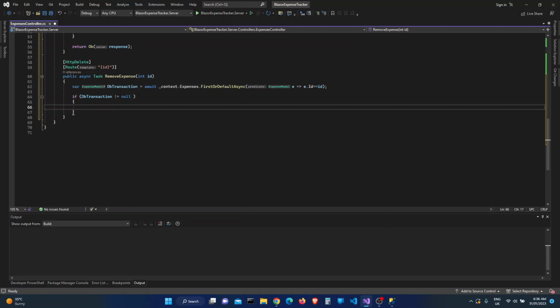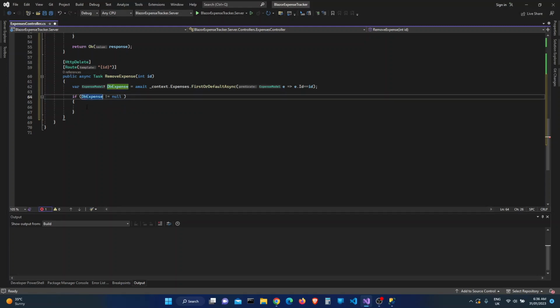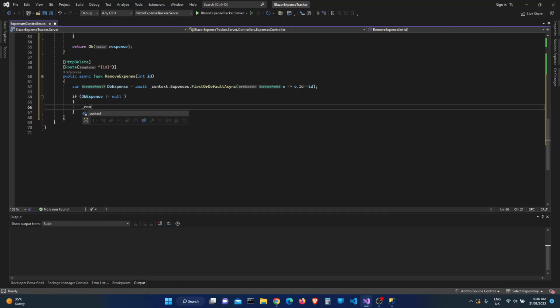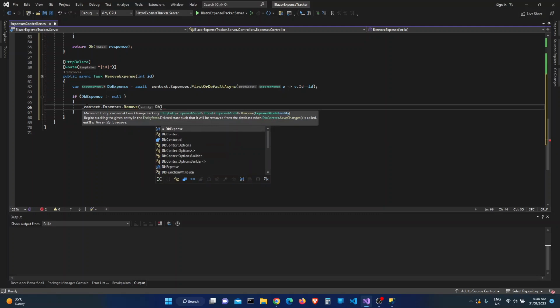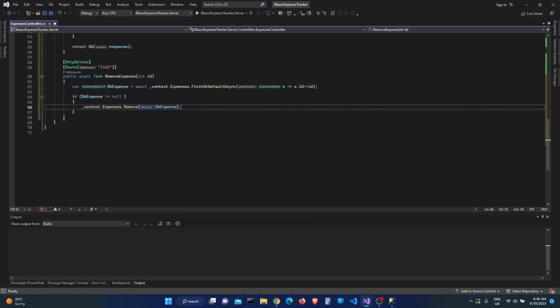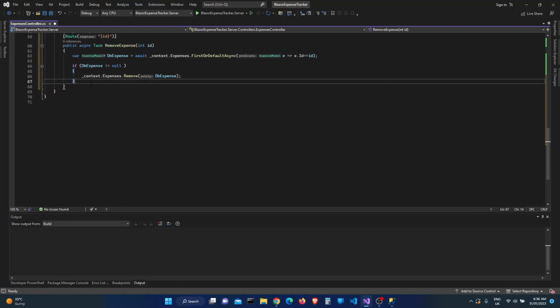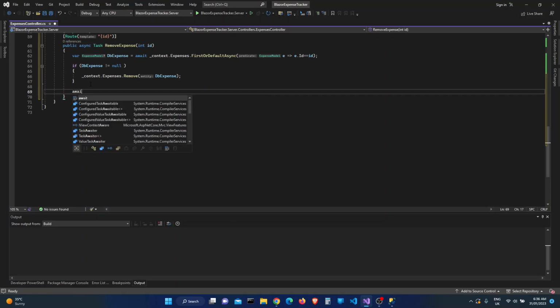okay, instead of naming this dbTransaction, we should name it dbExpense. Makes more sense. So let's go ahead and change that. Sorry about that. Then we can say _context.Expenses.Remove. That's the command we use. Then we have dbExpense, so the expense that's in the database that we've gotten, and we've made sure that it's not null. And a semicolon here,